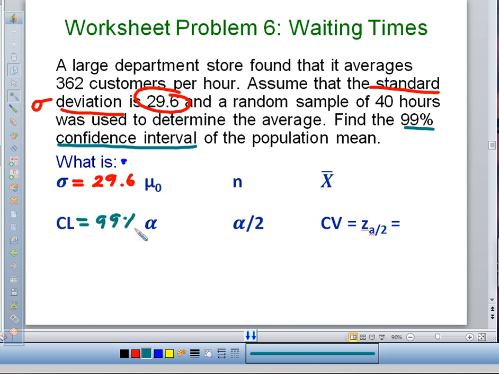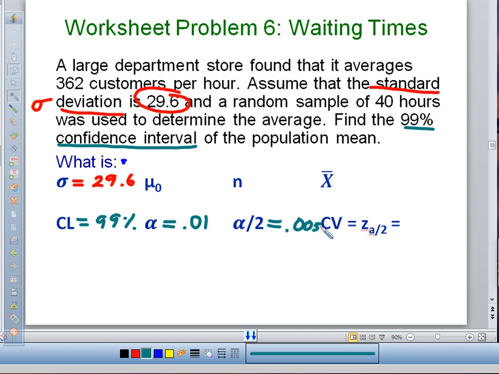So if our confidence level is 99%, the rest of it, our alpha, is 0.01. Alpha is our significance level, the rest of it. It's our level of what we consider unusual, right? Typically our guideline for unusual statistics is 5%. So our alpha is usually 5%, and our confidence level is often 95%, because those add up to 100%. That's what we normally have. Our significance level in this case is 1%, a little bit smaller. We're making things a little bit tougher. So then this would be half of that,